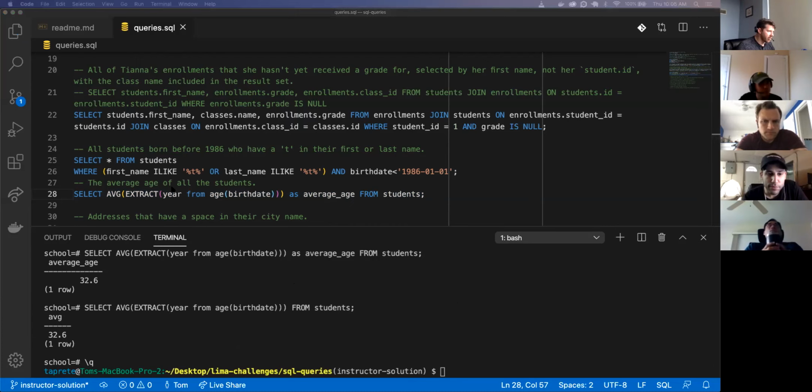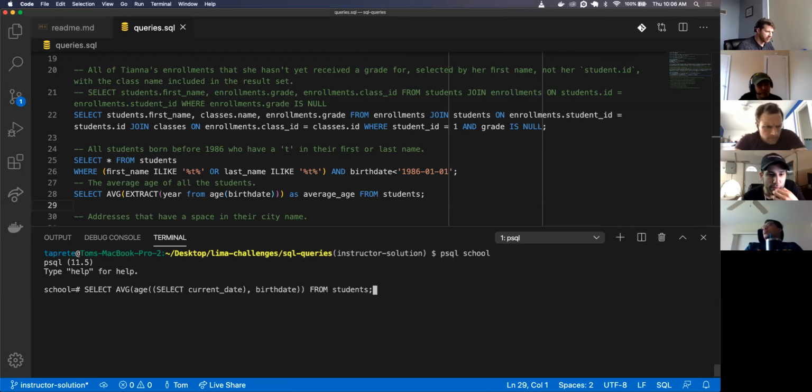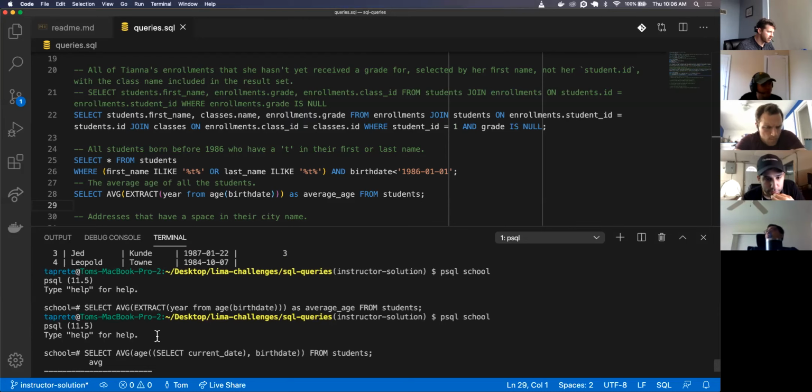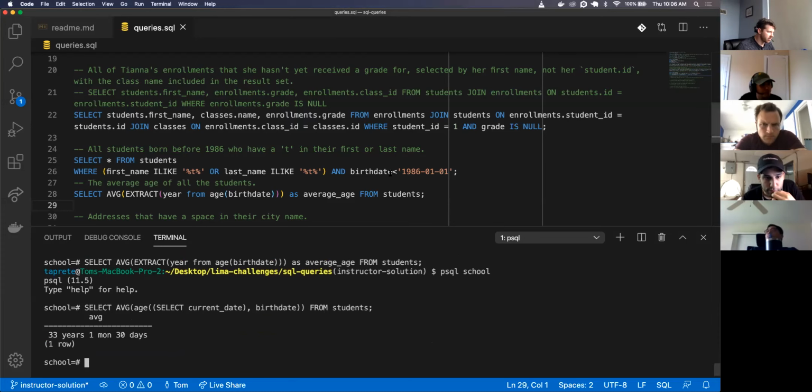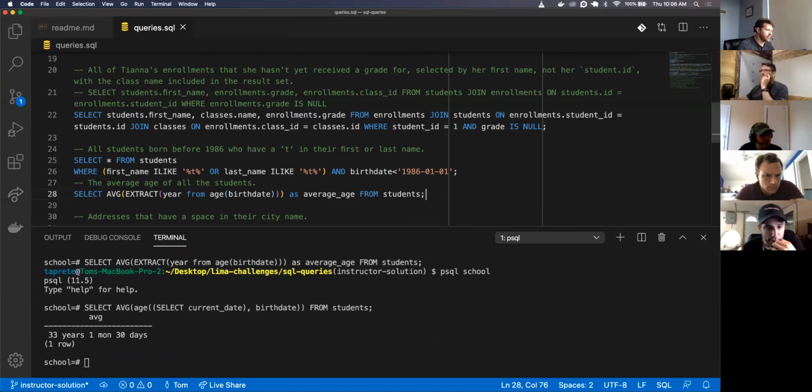There's that way. It's the way I did it. So select average age, select current date and birth date. Were they two different ones? Can't you just call age on birth date?